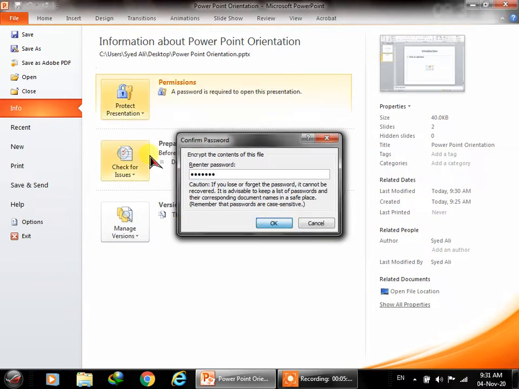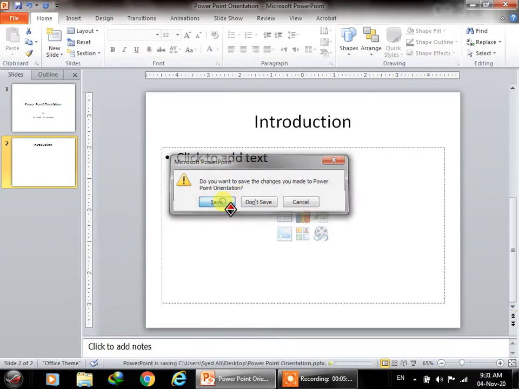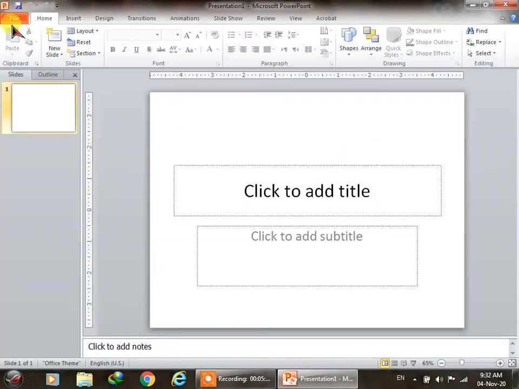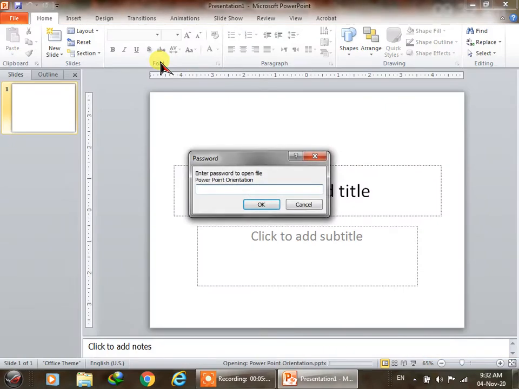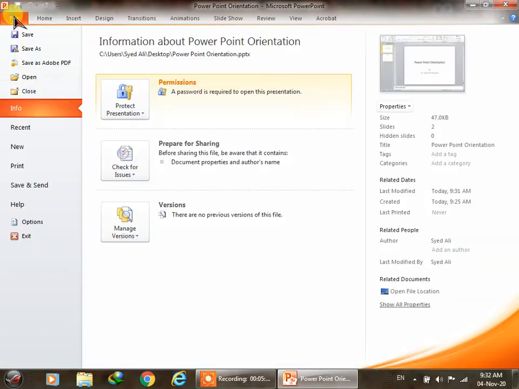You have to give the password twice, and now if I close this file, and this is the most recent file, PowerPoint orientation, it will ask me to give the password. Once I give the password, it will open the presentation.